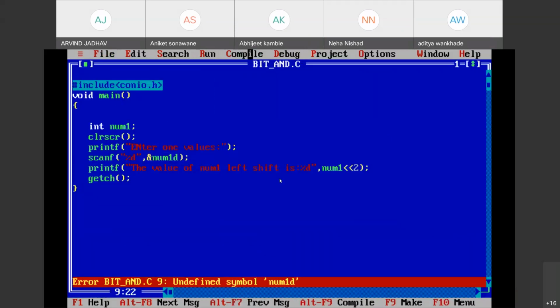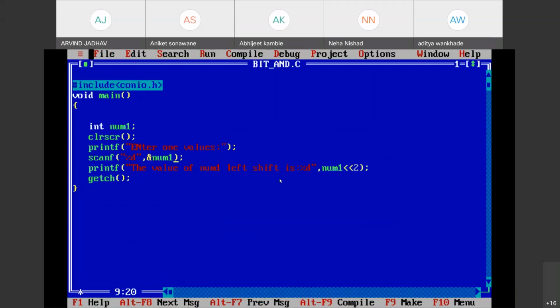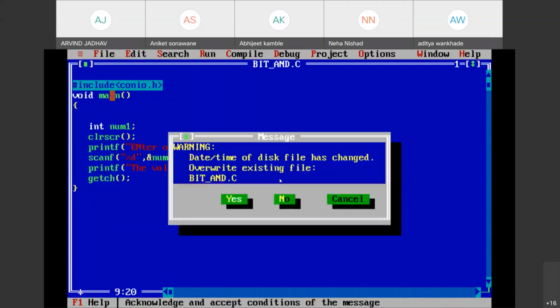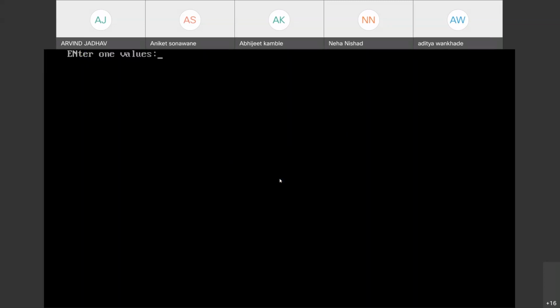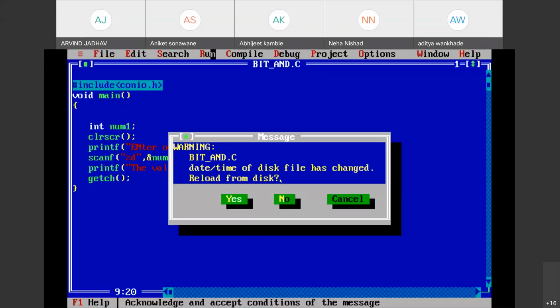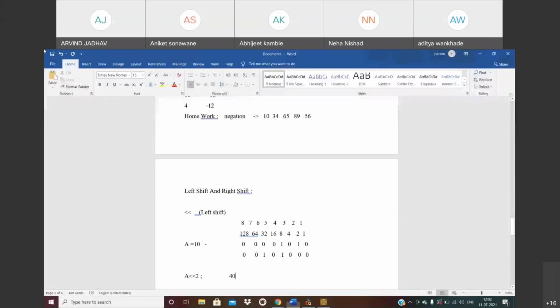We get the error because variable declaration different. So now I will compile it, no error, I run it, enter the 10. So see, we get the output as 40। So ऐसे आपको क्या करना है? लेफ्ट शिफ्ट को उसे शिफ्ट करवाना है। ओके, सो ये आपको प्रैक्टिकल परफॉर्म करने हैं।